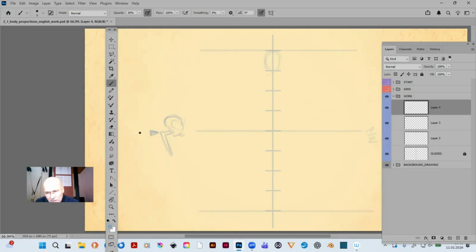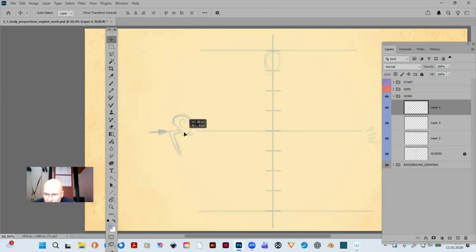Really. This part we often use in art as a center of the body. That means the same measure above and below has to be on this line. Okay, I merge it down